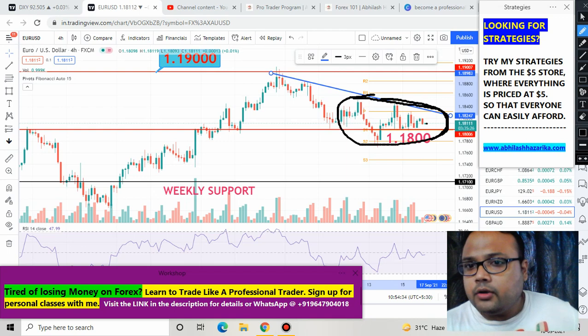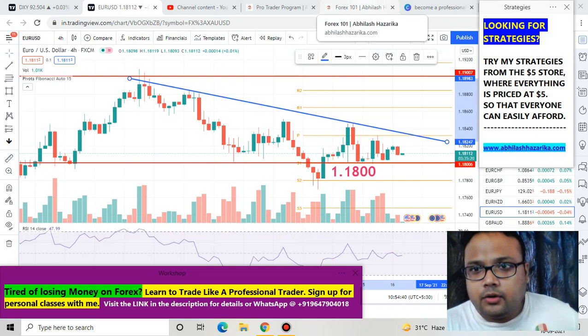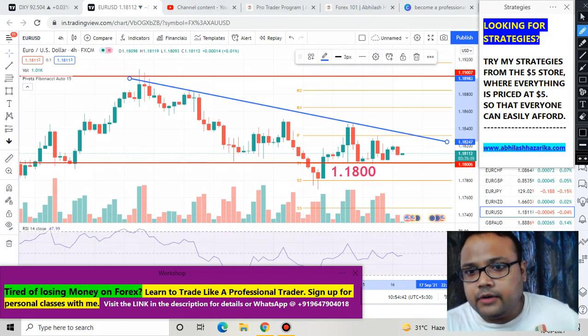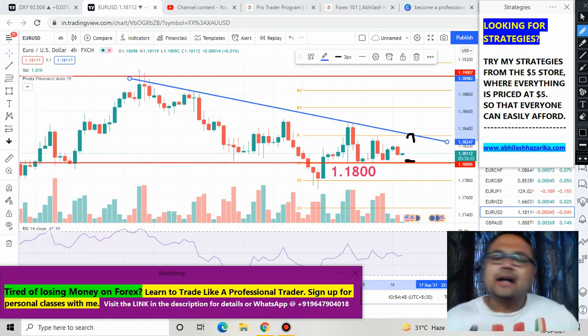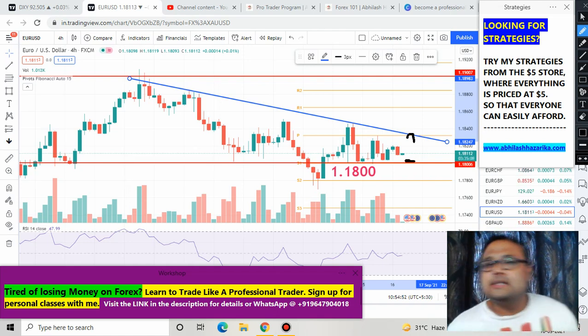So if the market goes up from here and reverses from the trend line, then you can short the market. Max to max, your profit will be to this level. So you can hardly expect a profit of 10 to 15 pips, not 15 pips, max to max 10